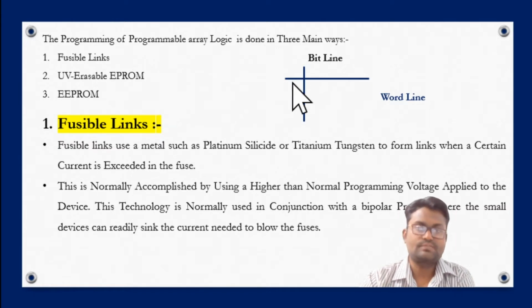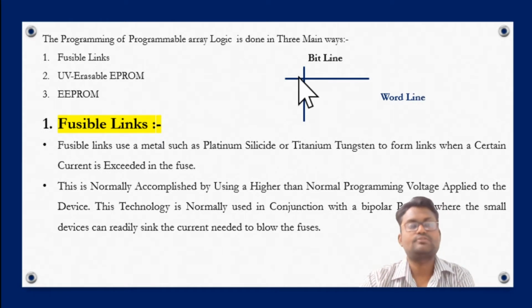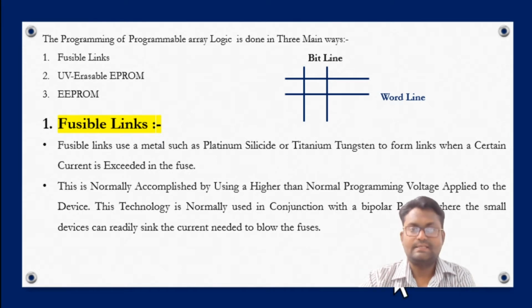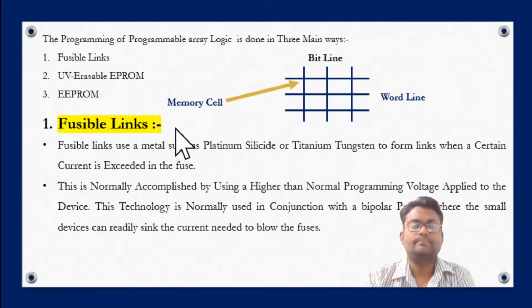When these are fused with each other, we can say certain bits are stored into it. So we can say only one memory bit, one memory cell, is here. But when we increase the number of bit lines and word lines, the number of memory cells increases, and the number of interconnections between vertical and horizontal lines increases. Each interconnection makes a cell known as a memory cell.